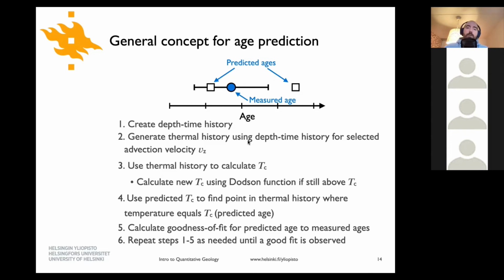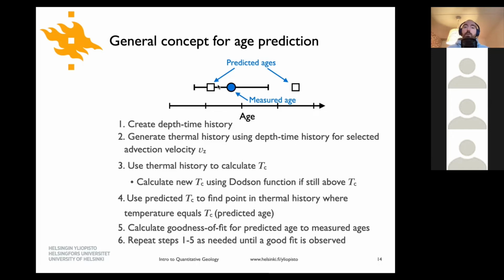Yeah, good question. So in this example, the thing that we would be changing would be the advection velocity. So to make the advection velocity faster or make it slower, and then see how that affects your age. Because of course, that will change the predicted age, and then that will also change how well that predicted age fits the set of measured ages that we have. So, if you start out with a slow advection velocity and a big goodness of fit, like your chi-squared value is very large, then what you would see is that if you increased the advection velocity,